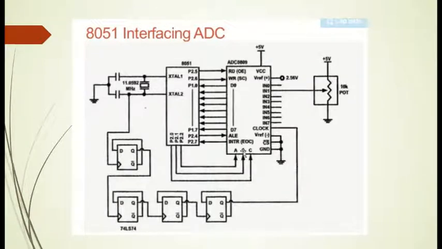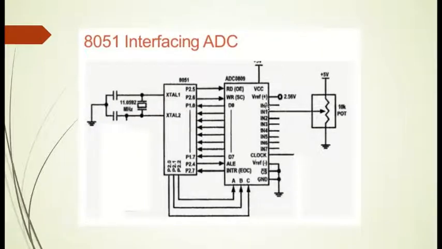You can see here, in addition, we have seen how it is connected to the clock also. Now particularly we'll see how the 0808 is connected to the 8051 microcontroller. You can see that the data from D0 to D7 will be sent to the microcontroller through the port pins 0 to 7, that is port 1 pins.